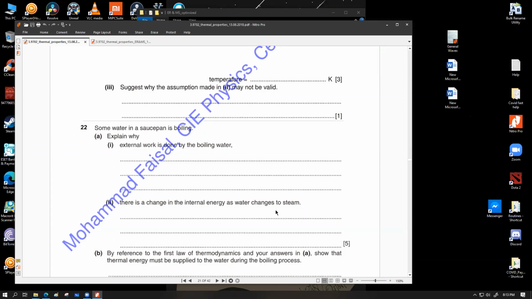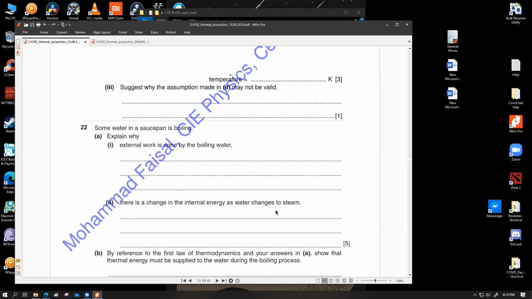Sir, the particles in the container which are not evaporating away into the atmosphere and are still there, their KE is not increasing, right? No, their KE is not increasing, because as long as the boiling process is ongoing, we have to consider the entire water and all the container. They are all kept at the limiting value of the transition temperature, that is 100 degrees Celsius. As long as the boiling process is not finished, everything would be maintained at 100 degrees Celsius. The temperature of the entire container, water and the container, would be 100 degrees Celsius. So the average kinetic energy of the liquid molecules is remaining the same.